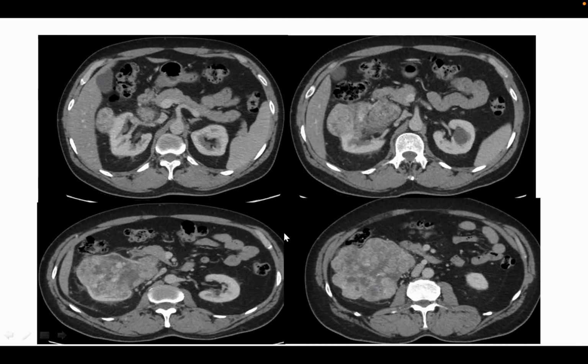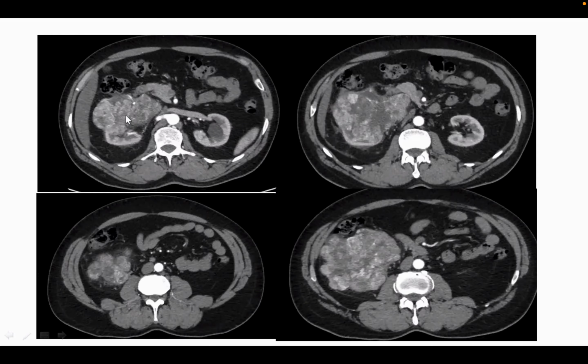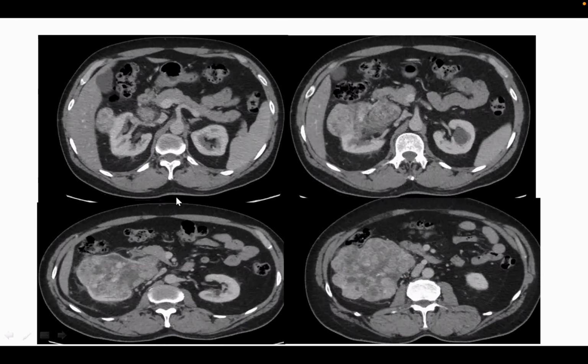And so the enhancement pattern in both the kidneys: in the left kidney it is a normal homogeneous enhancement pattern. But on the right side, I want you to compare this image where the tumor seems to be enhanced, and this image where it seems less enhanced. Yes, this is obviously a later image. Kidney is still enhanced and this has become unenhanced, or less enhanced. So what is it called?